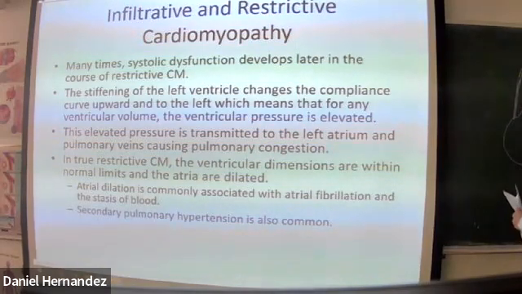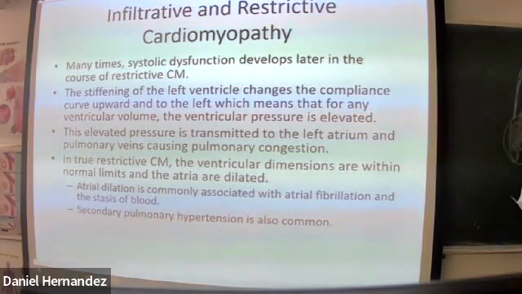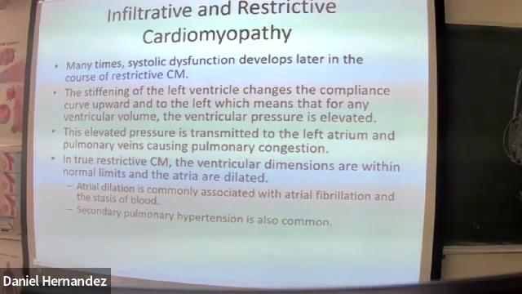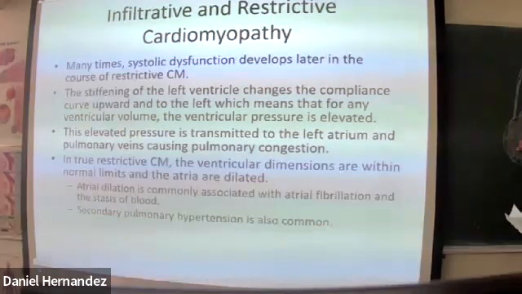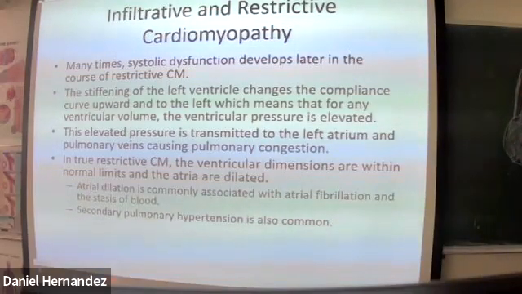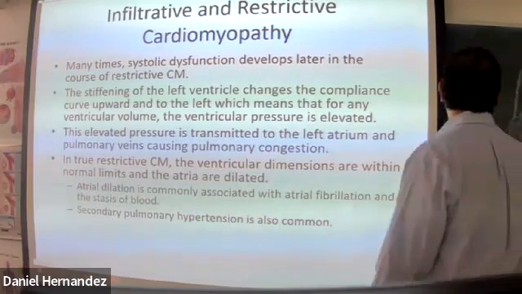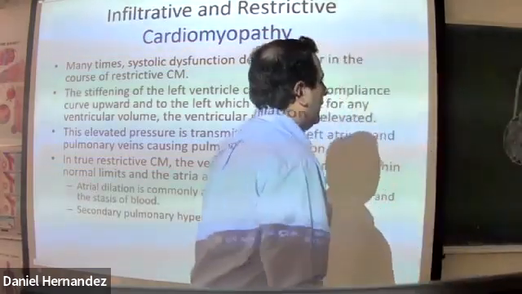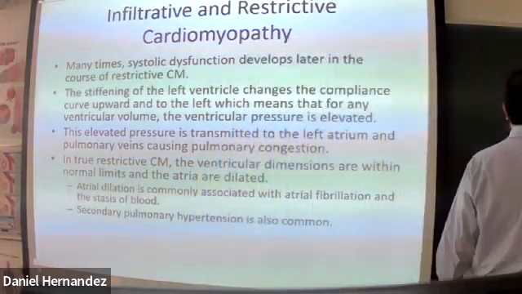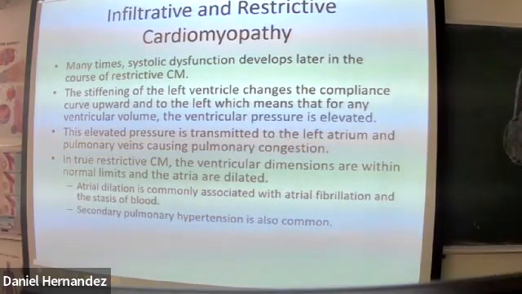Ventricles are going to be normal in size. They're going to have increased pressure within the ventricles. We'll have stasis of blood, potential development of thrombus. So these ventricles are going to be able to contract normally. But due to the increased ventricular pressure,